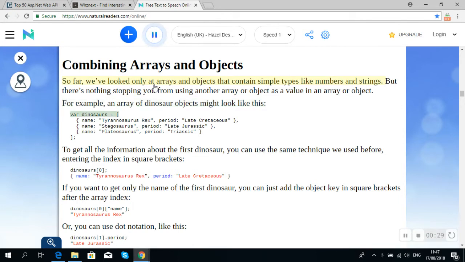var dinosaurs = [{name: "Tyrannosaurus rex", period: "late Cretaceous"}, {name: "Stegosaurus", period: "late Jurassic"}, {name: "Plateosaurus", period: "Triassic"}];